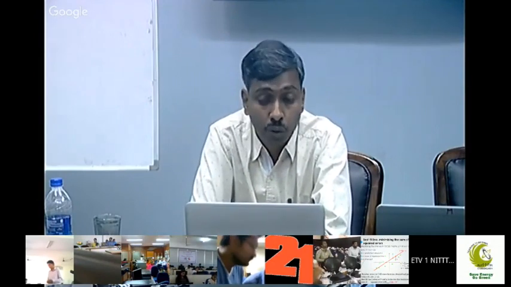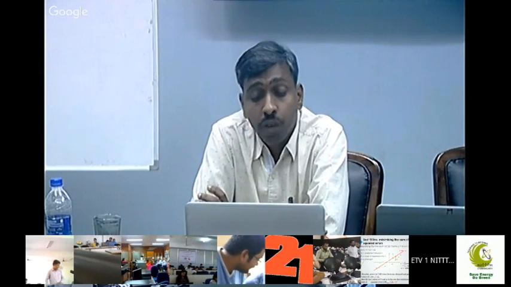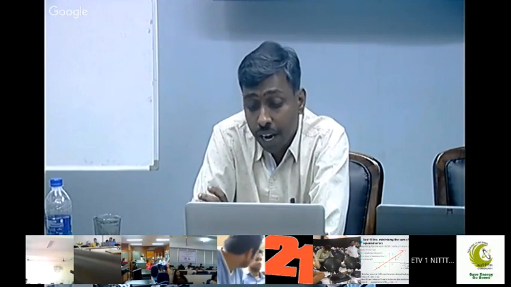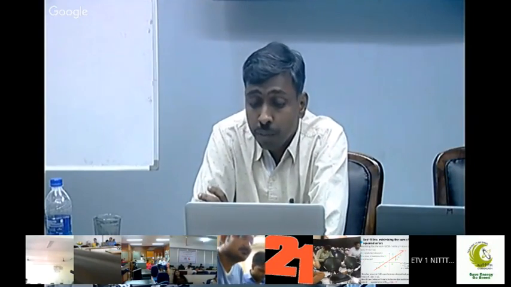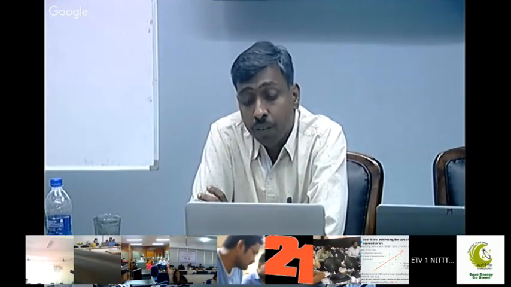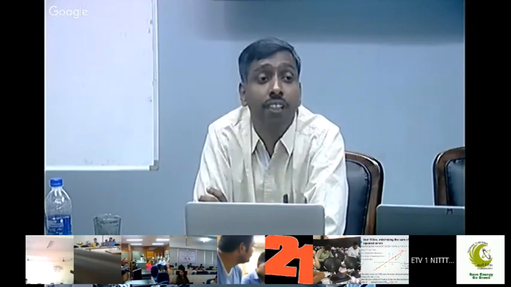Mathematically, that is y minus y cap. The green dot is y and the brown dot on the line is y cap. This is the error, so we have to minimize the error. The best fit line values of a and b are the ones that minimize the sum of squared error. Mathematically, sigma of y minus y cap the whole squared, we have to minimize that. If we minimize that, the line will be the best fit.